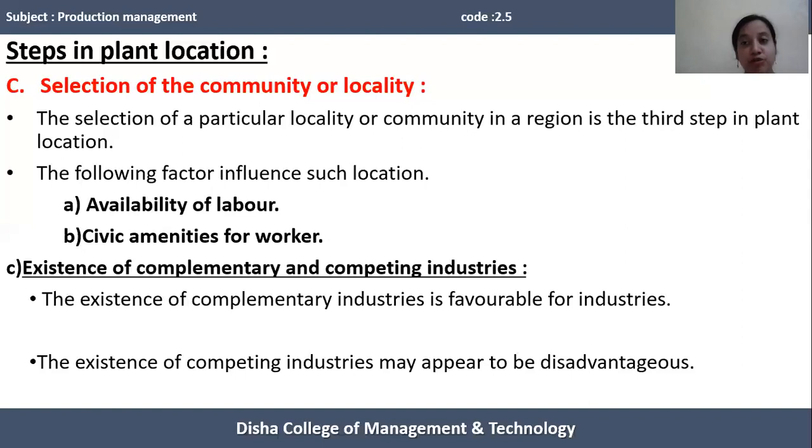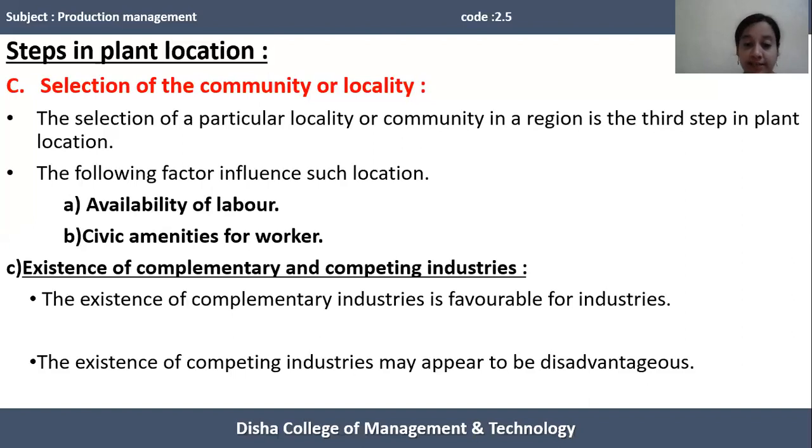If the company produces the main product, it should be located in a place where complementary industries are available. If complementary industries are available in a particular place, then the firm can get its parts for manufacturing a whole unified product, so the firm should identify a place where complementary industries are available,